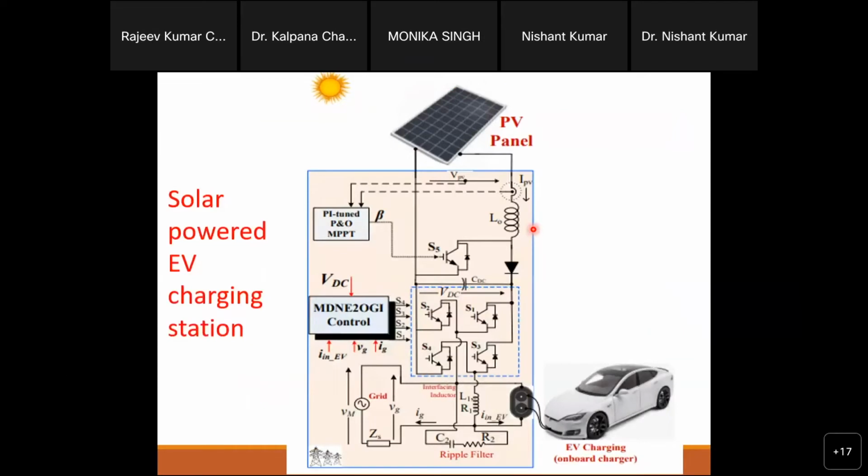Another issue is that nowadays, as you know, we are moving towards electric vehicles, right? Where will we attach these electric vehicles? Definitely we will attach them to the grid at the junction also known as the PCC, the point of common coupling. On that junction we will attach our vehicles, and vehicles will attach to that junction through one adapter, right? So adapter means what?